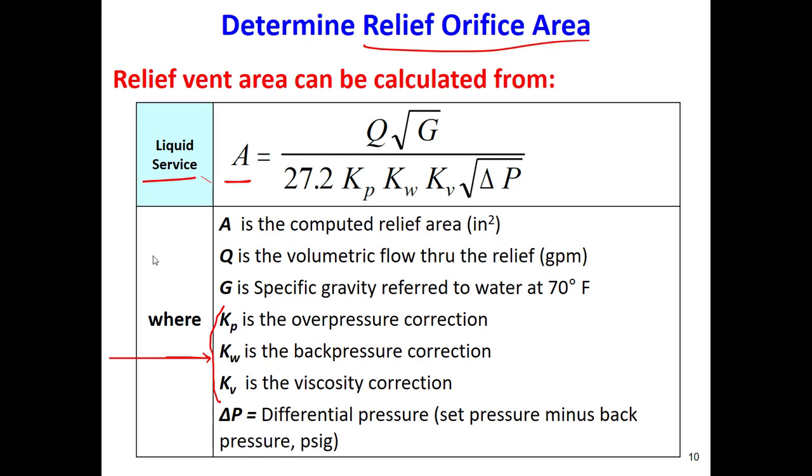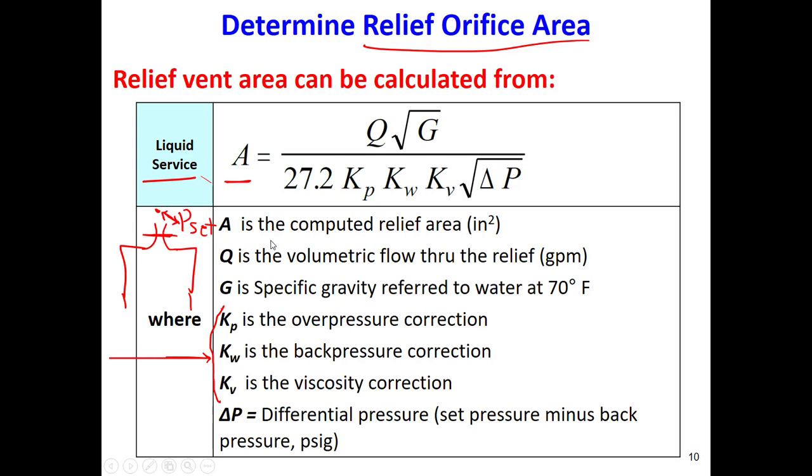So if the valve is connected to the vessel, this is the pressure that is set here. The set pressure, and the pressure here. Delta P is the difference between the set pressure of the valve and atmospheric pressure. Not atmospheric, because this vessel might be connected to another vessel.